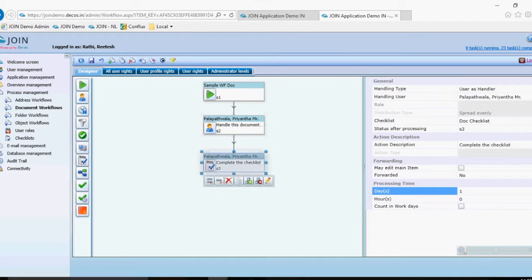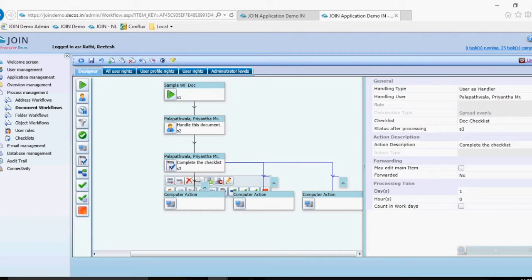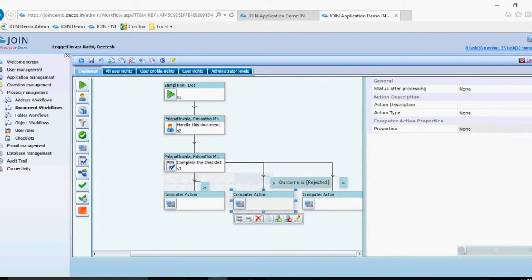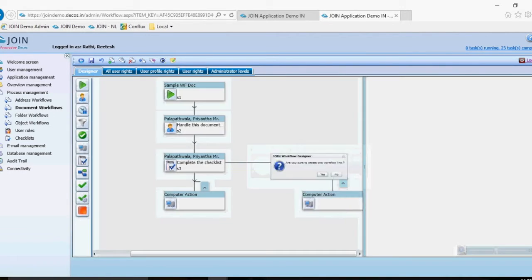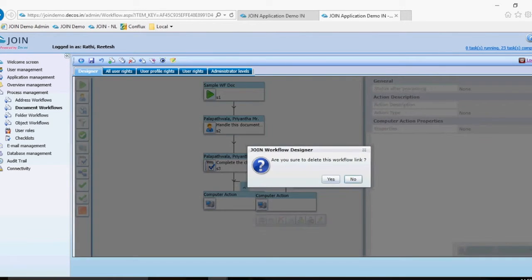Once this is complete, then I want to add a computer action, right? Now you can see there are 3 nodes automatically added. Why? Because this is a checklist. Now every checklist has an output, right? Whether the checklist will be accepted when we say that all checks are met, or there will be a step where checks are not met. So I'll just delete this. For example, we'll just keep it simple, saying that all the checks will be met,